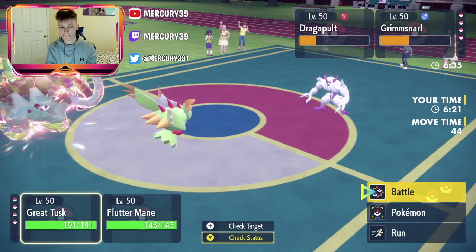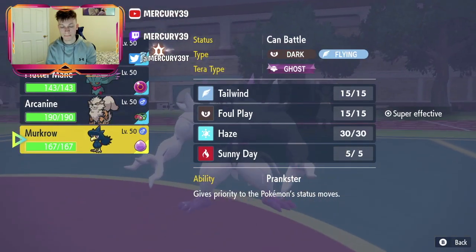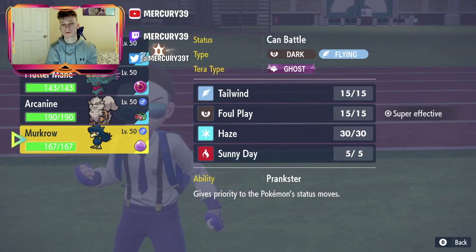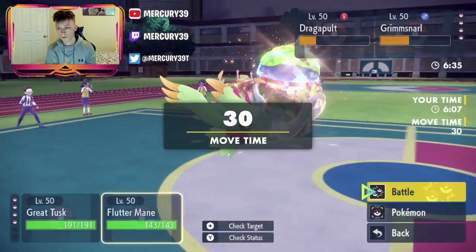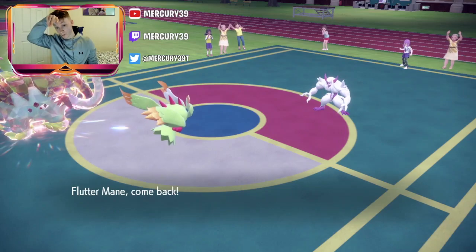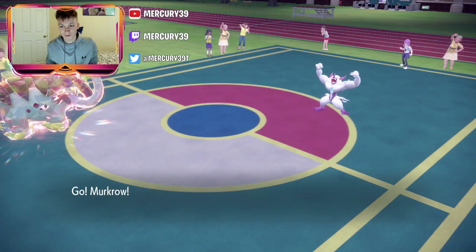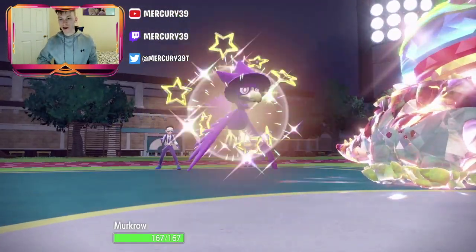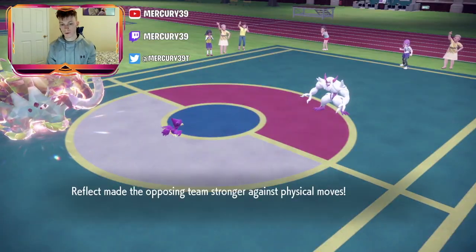So now I think we go for Earthquake again, and then we switch into the Murkrow. Or do we switch into Arcanine? Flutter Mane definitely has to switch here. We go for Earthquake, and then we... No, we can't switch into Arcanine, actually. What am I saying? Because then we Terra Ground Earthquake our own Arcanine, which is probably going to KO it, being super effective. And yeah, he might just Spirit Break the Murkrow, which is honestly okay, because we're going to take the Phantom Force. Reflect comes out. Oh, he didn't Spirit Break, so...